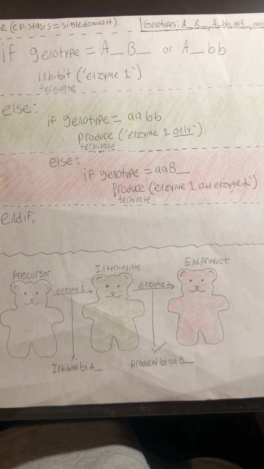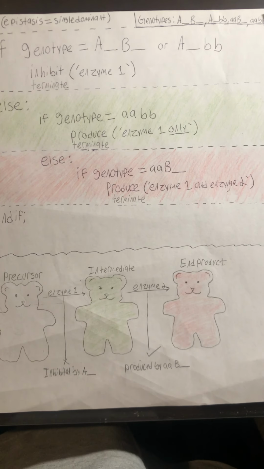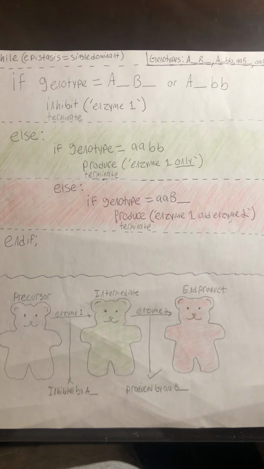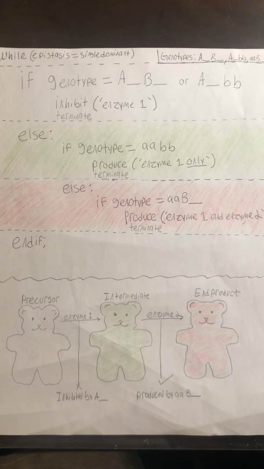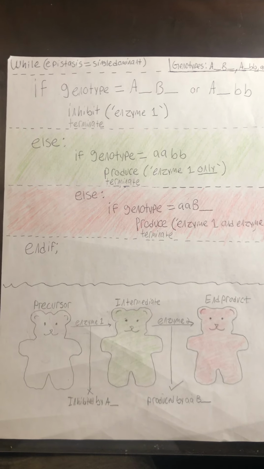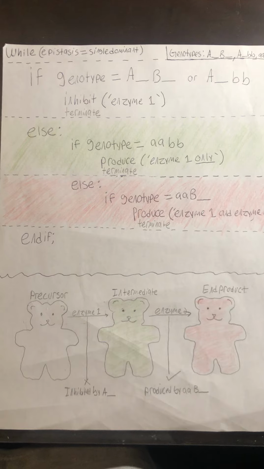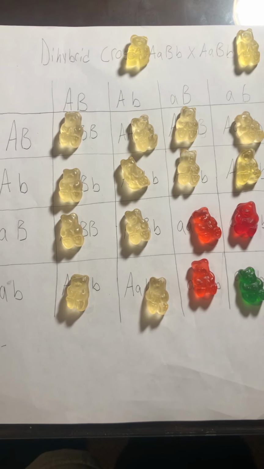Finally, the only genotypes remaining do not have a big A allele or two little b alleles. This genotype shown here has a big B allele that codes for the production of both enzyme 1 and enzyme 2, leaving us with red-colored end products. Since 3 out of 16 genotypes have two little a alleles and one big B allele, 3 out of 16 bears would be red. Moving on to this dihybrid cross, we can visualize the phenotypic ratios that this mode of